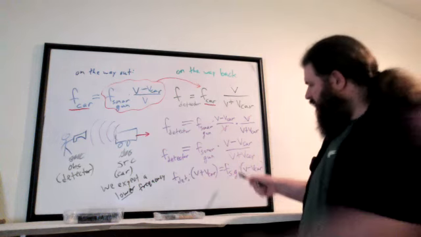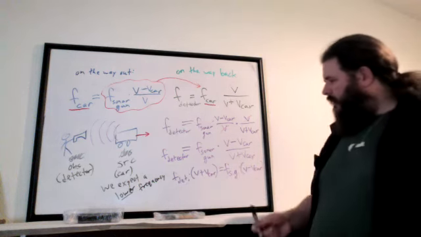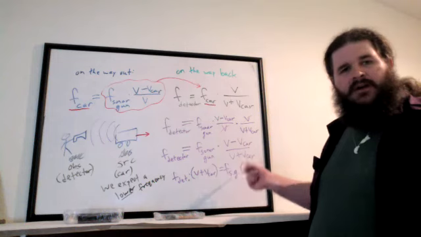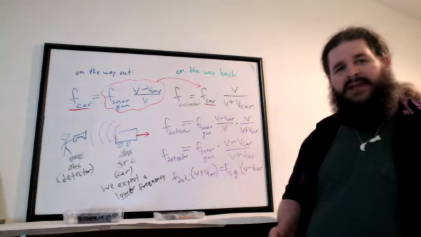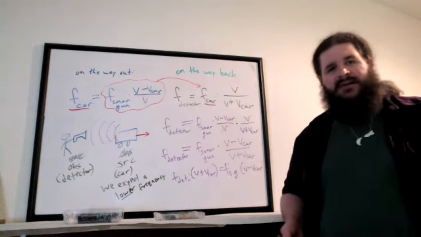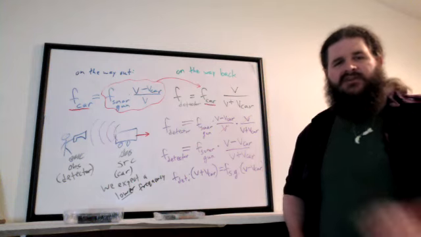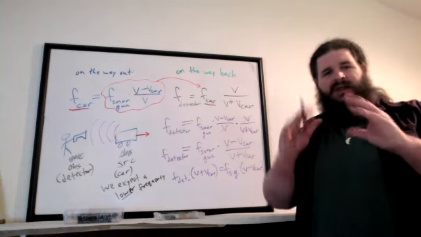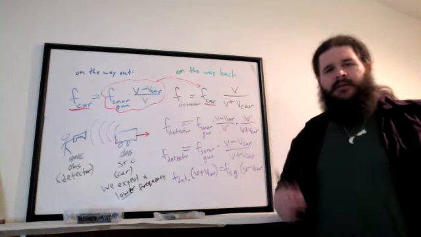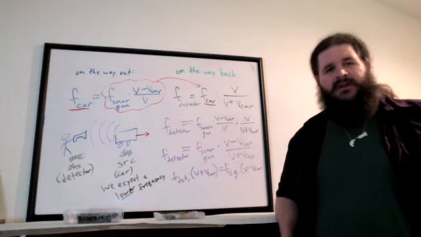Distribute the frequencies to both of these. Move everything with a v car in it to one side. Move everything without a v car in it to the other side. Combine like terms. You should end up with just v car times something equals a number. Divide by that something and you know the speed of the car.